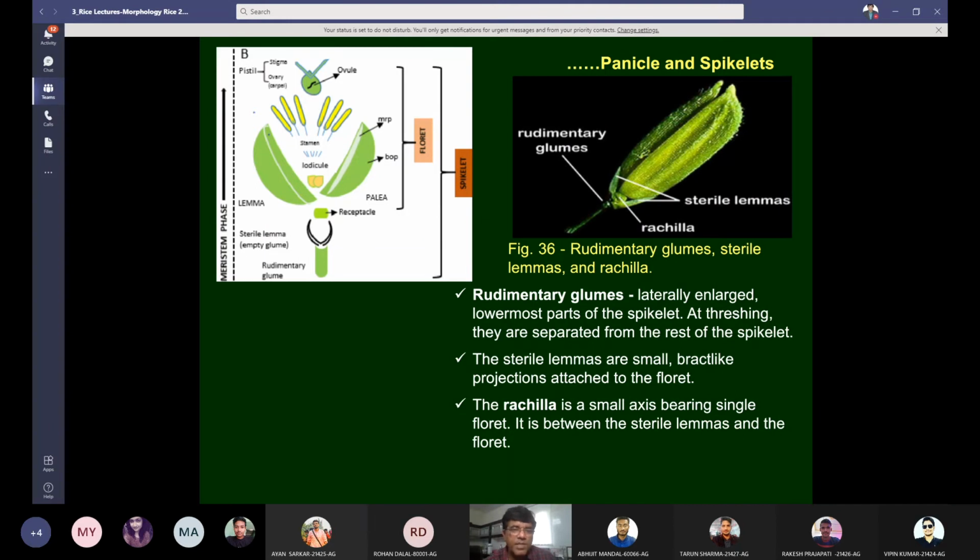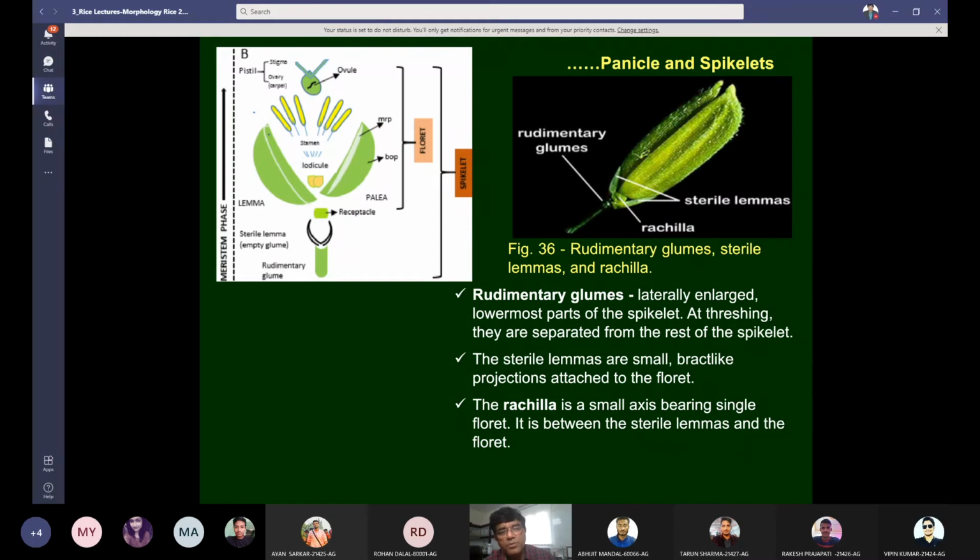And then in the left picture, you can see the palea is the smaller one, and the lemma on the left side is the bigger one. Palea and lemma cover the floret, and the floret has a flower inside. These lemma and palea are glumes.